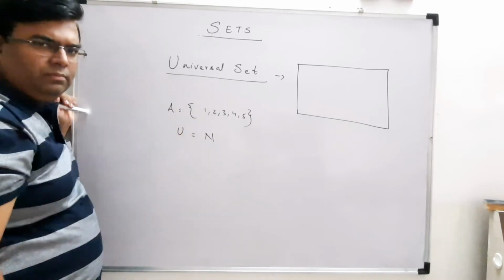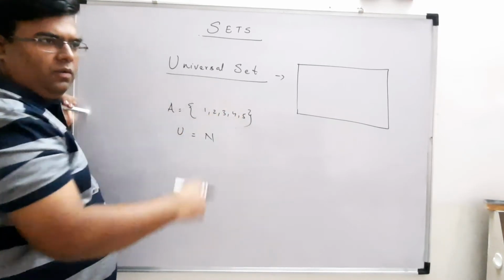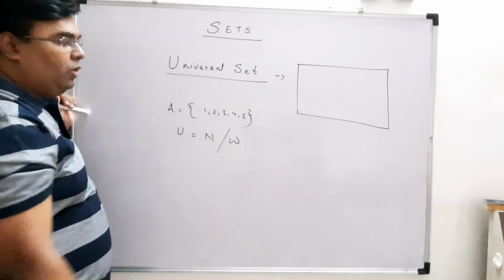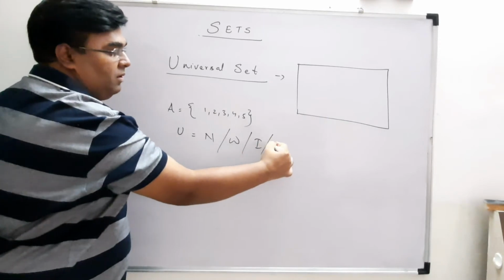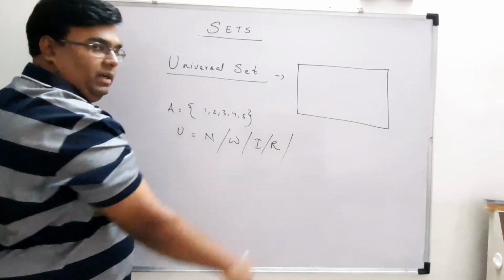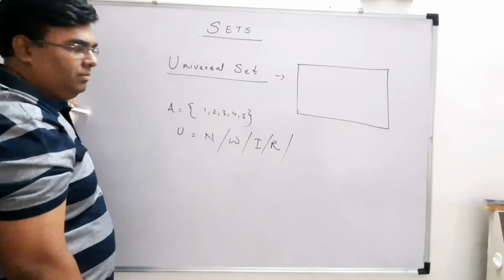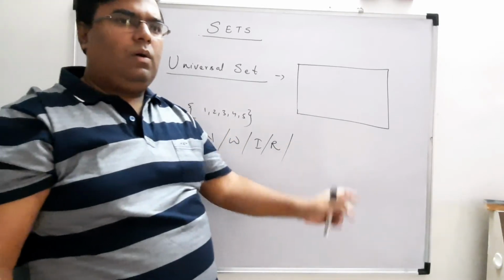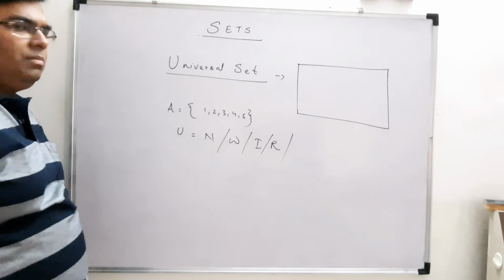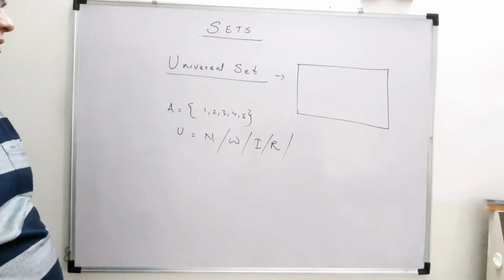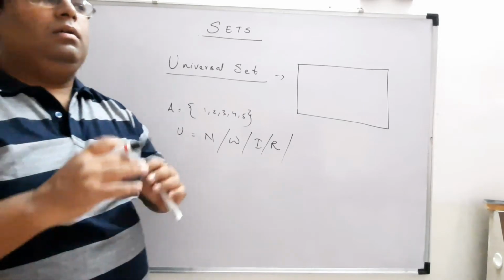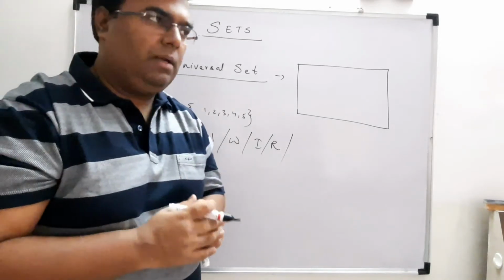Natural number, because these are a part of natural number, or you can say whole number, or you can say integer, real number, right? Everything you can write, because this A is a smaller part of all this whole numbers, natural numbers, okay, integers. So basically the concept is that universal set is a largest set, you can say, but